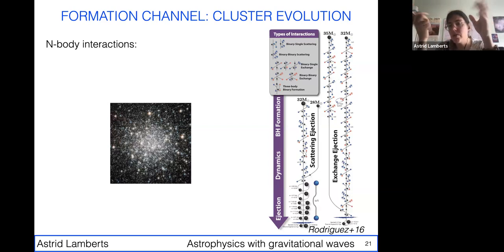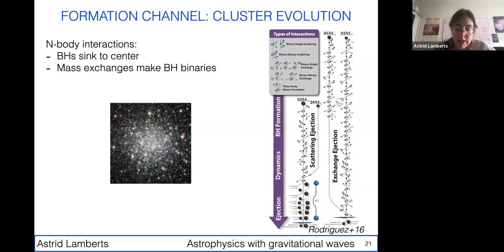And so it's just an illustration to show you that n-body dynamics is complex, has many components, and we're still far away from understanding how all of this works. But we know that in general, in a cluster, the most massive things tend to go to the center. They really sink. So black holes will go to the center.